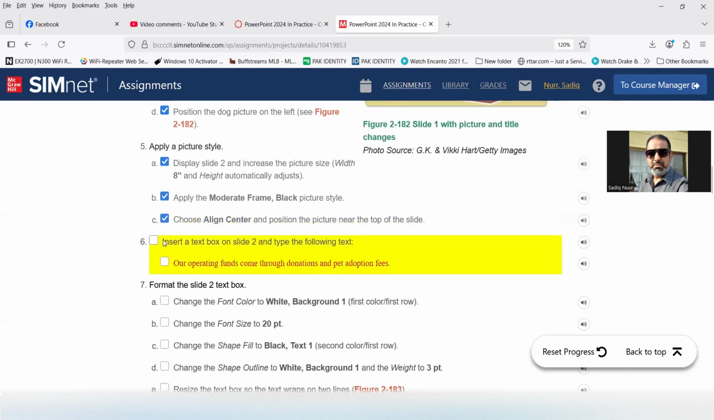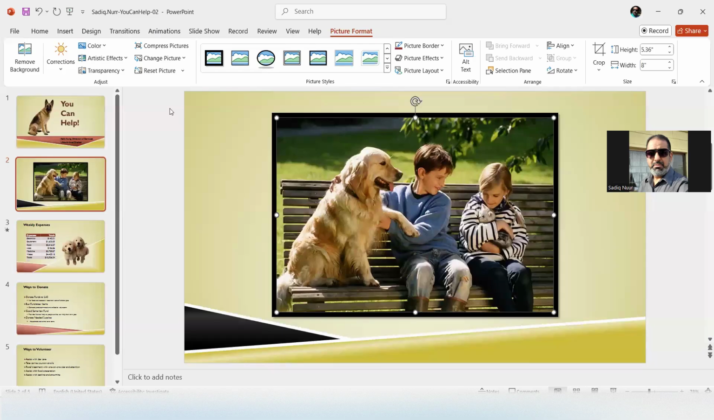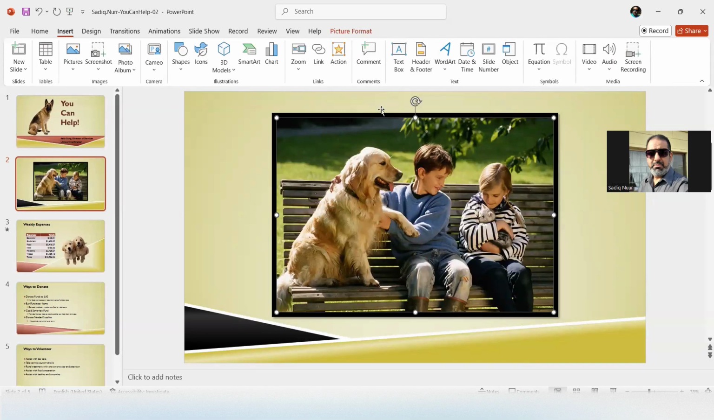So let's check this box. Insert a text box on slide 2 and type the following. So I will copy this text. Control and C. Hold the Control key and C to copy it. Now I'm going to go back to my PowerPoint. We're going to go to Insert, under the group called Text. Under the Insert tab on the ribbon, there is a group named Text, and then you need to click on Text Box,